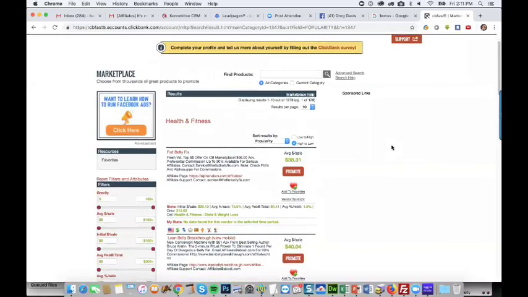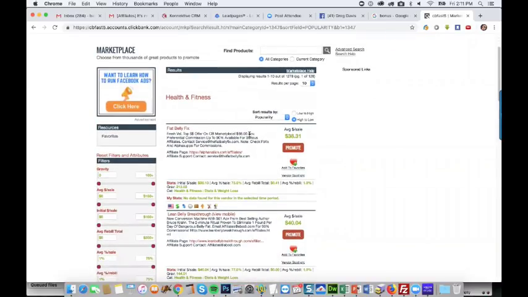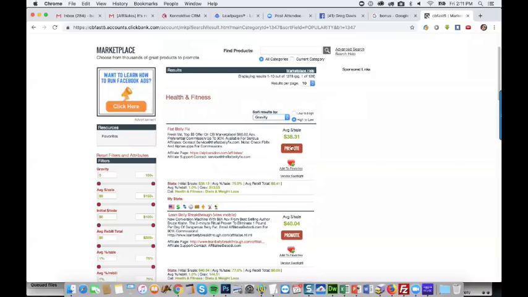And so you can sort the products several ways. This is by popularity, but they have a stat called Gravity, which they don't really explain exactly what it is, but I know it involves sales and the number of affiliates promoting it. So it revolves around sales, which is important to me because obviously you want it to sell. So I like to rank by Gravity.